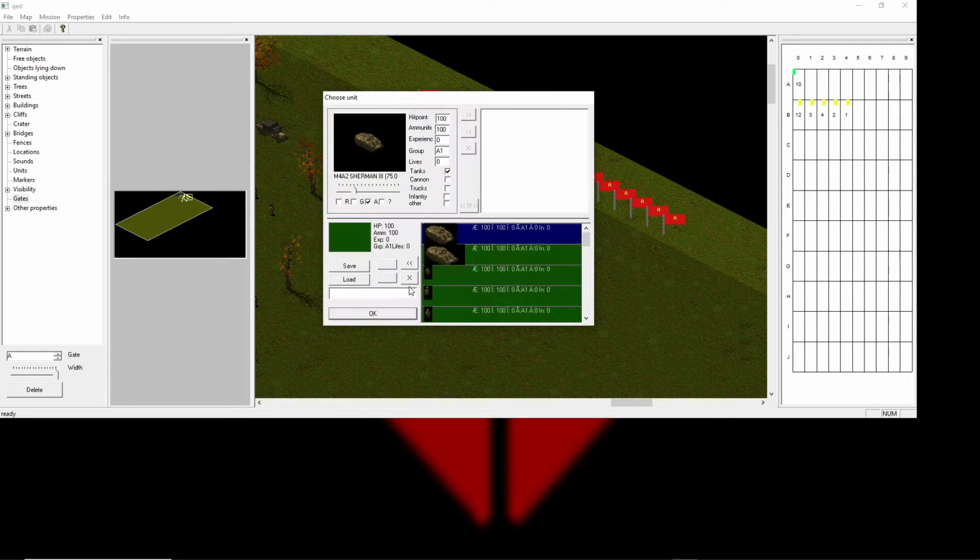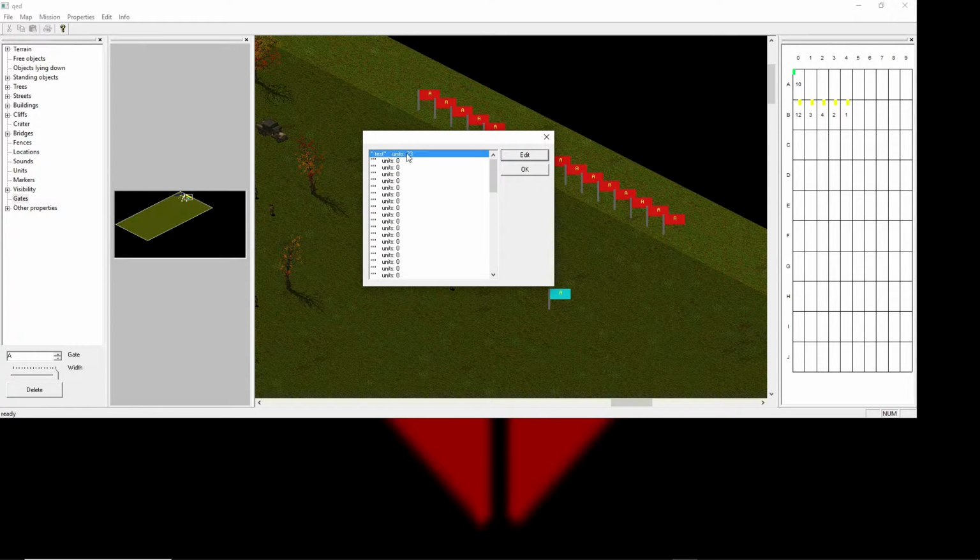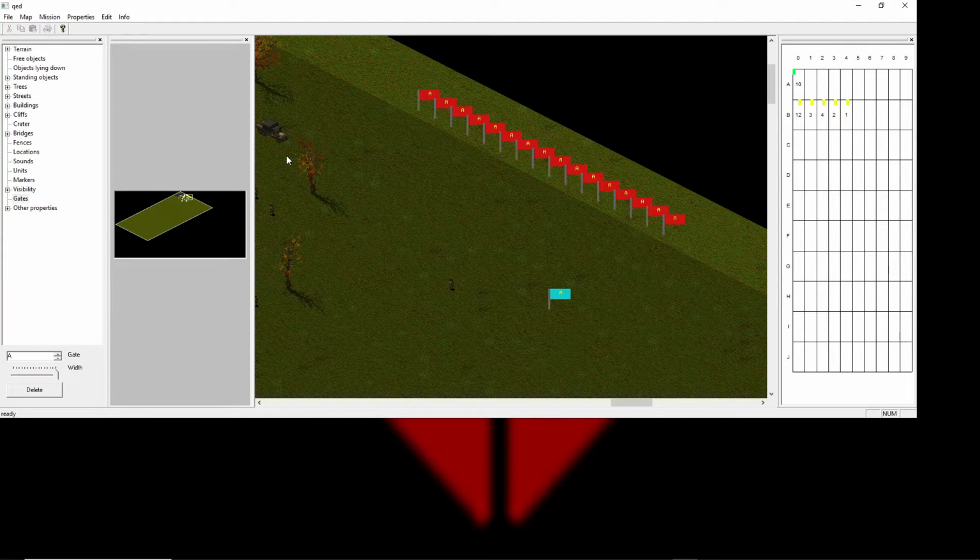Oh, you can give it a name too. Test. And then it'll show up right here. It'll give you the unit count and then test. So 23 units. If you have guys loaded in trucks, I think it only counts the truck, not all the guys inside, but they'll still spawn. So there we go. That's our reserve set up and the gate set up, and now we have to script